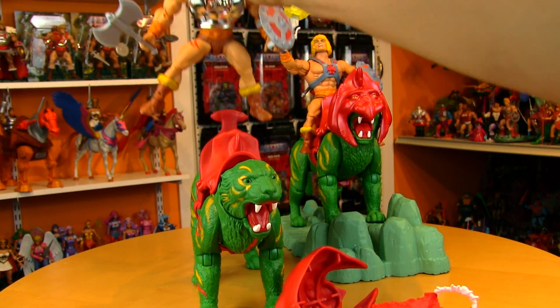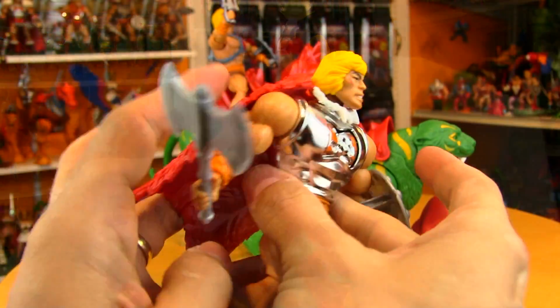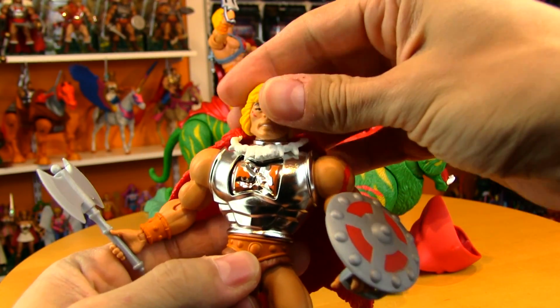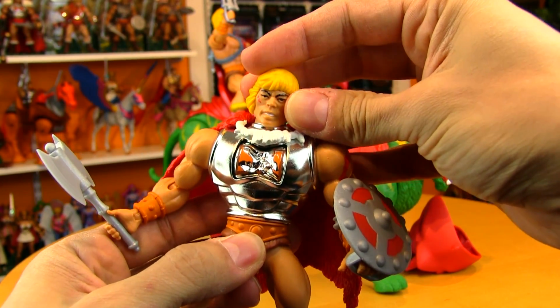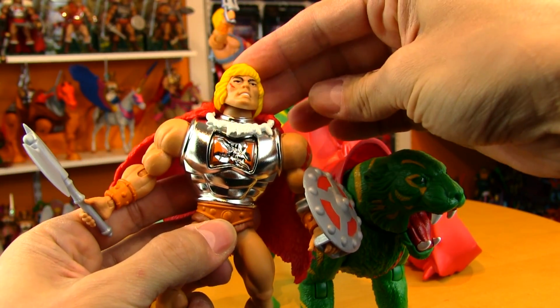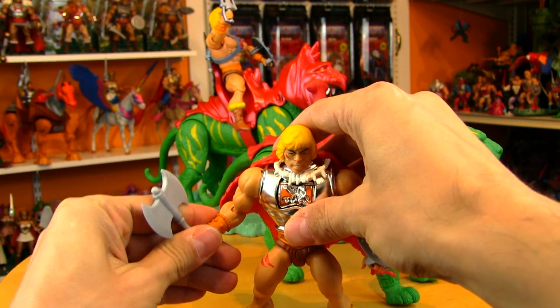And I think it actually looks really cool on this He-Man figure. You do lose the ability to store the sword, unfortunately, but you actually do get some range here, a lot more than the Warrior had when he's wearing the exact same cape. So he can still look up, look down, but this is what this Battle Armor